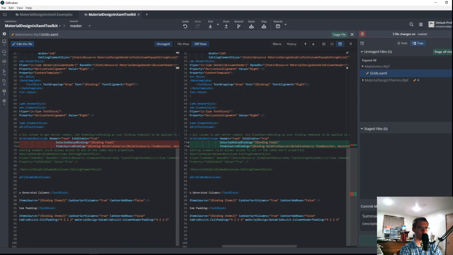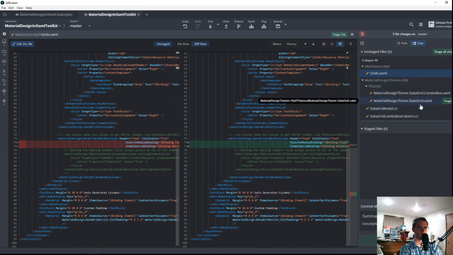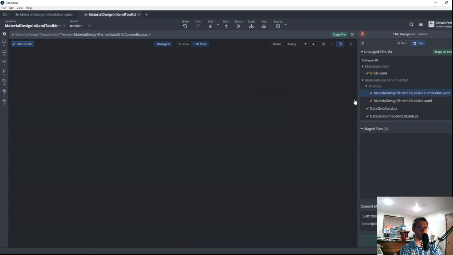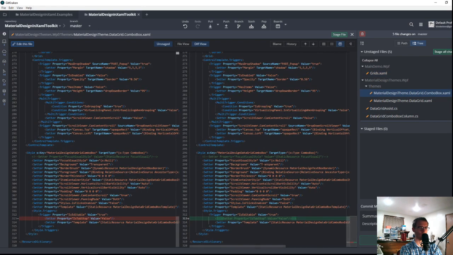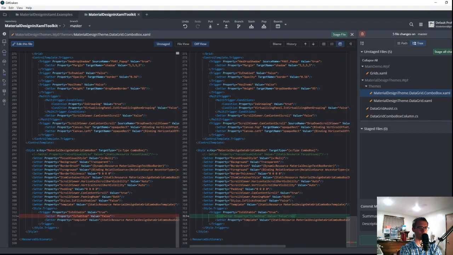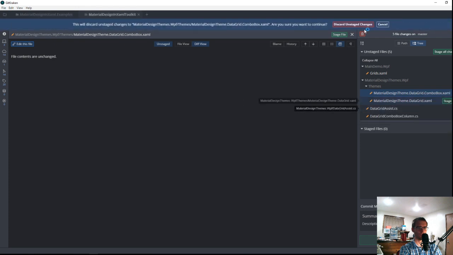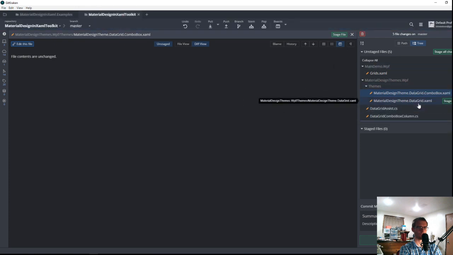This is just unindenting and indenting there. That's fine. Let's see, DataGridComboBox.xaml. So I don't believe this change mattered. Discard this line. And go ahead and discard that whole file, actually.